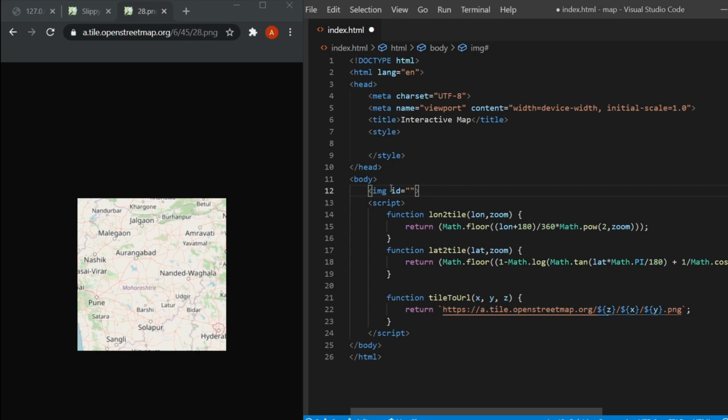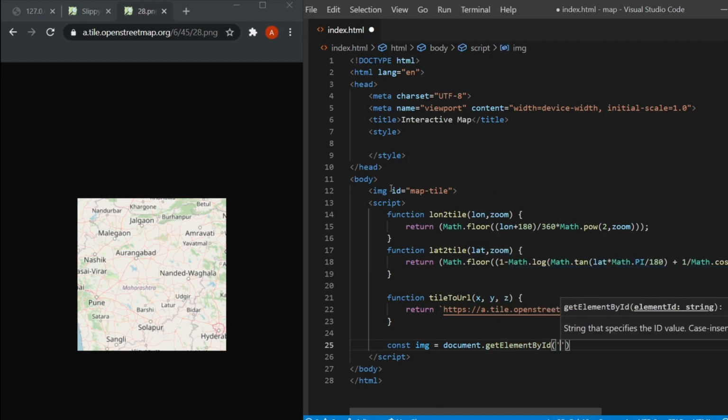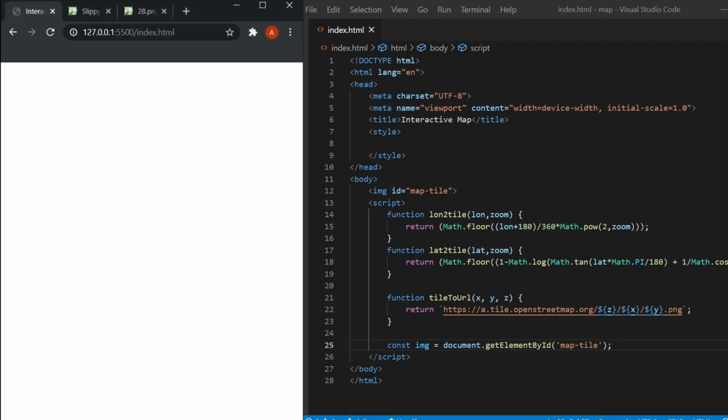I'll name the ID, say, mapTile, and sorry, I'll get a reference to it, document.getElementById, my ID being mapTile. Okay, so I'll just refresh this for now. Of course, it's empty because we haven't actually given any source to that image. We'll do that just now.